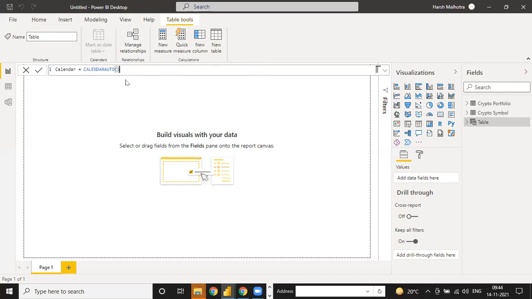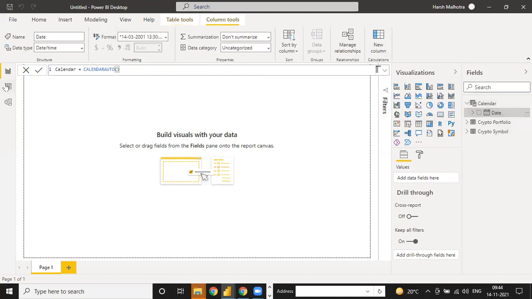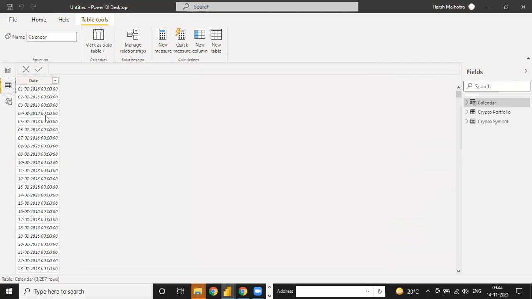If you select this CALENDARAUTO function from your DAX functions, this is your calendar function. It will give you the complete date table, but it is only a one column date table. One column means you have only date. You don't have any months, year, that kind of things.